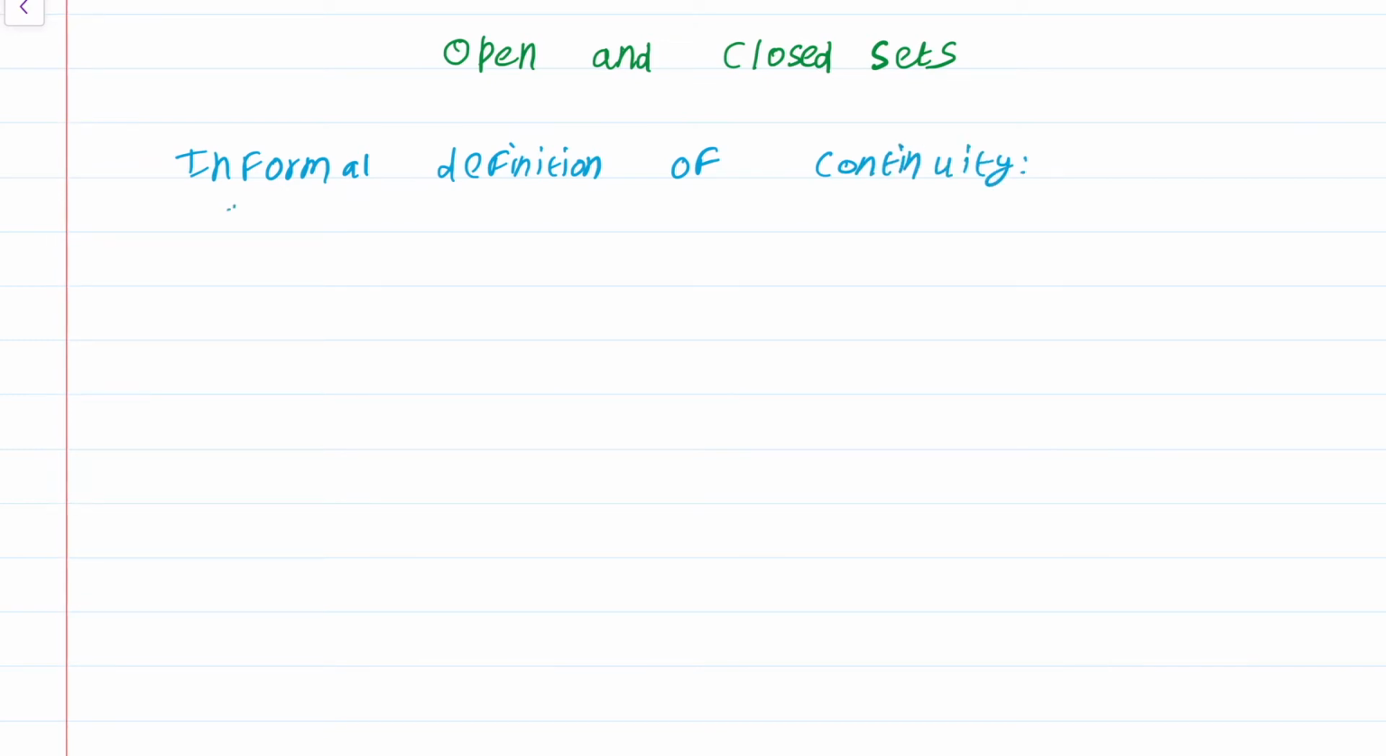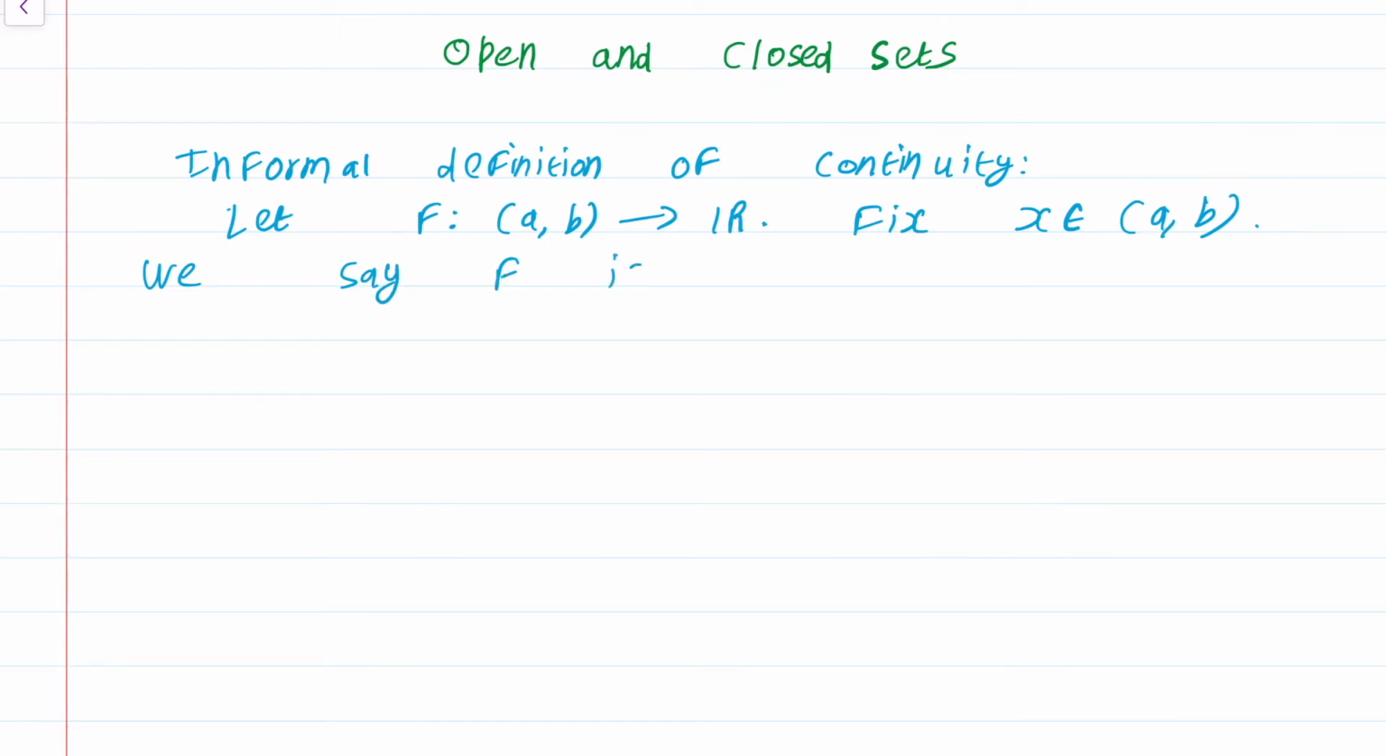So we take a function f from the open interval (a, b) to the real numbers. We fix a point x in that interval. We want to talk about whether f is continuous at this point x. So we say f is continuous at x if for any set